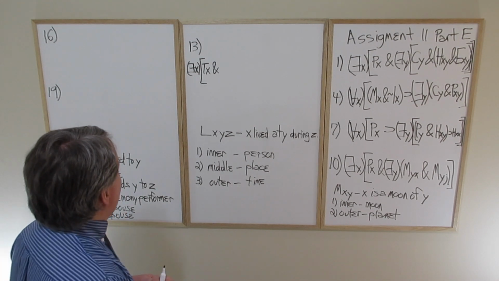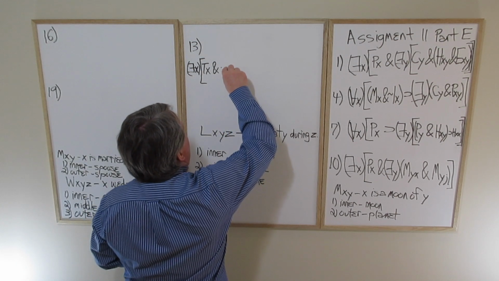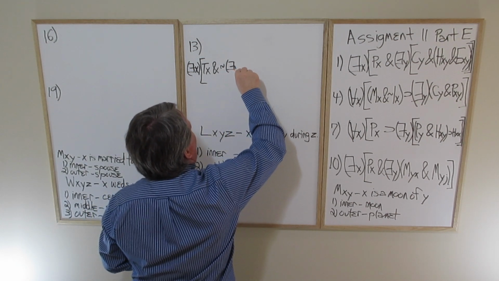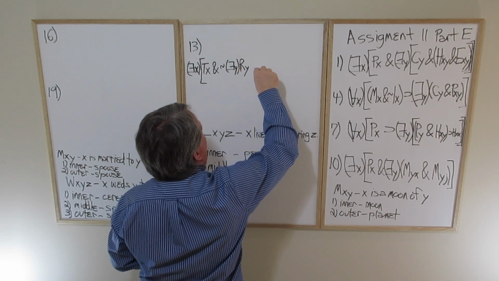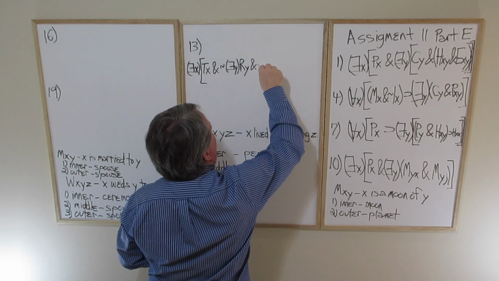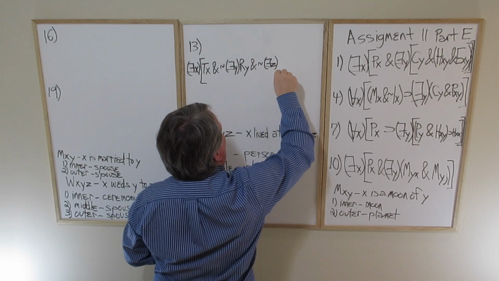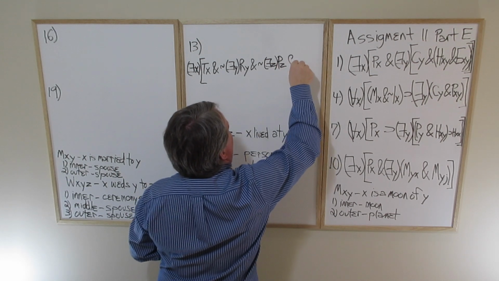So there's at least one x such that x is a time, and it's not the case that there exists a y such that y is a person, and it's not the case that there exists a z such that z is a place. And